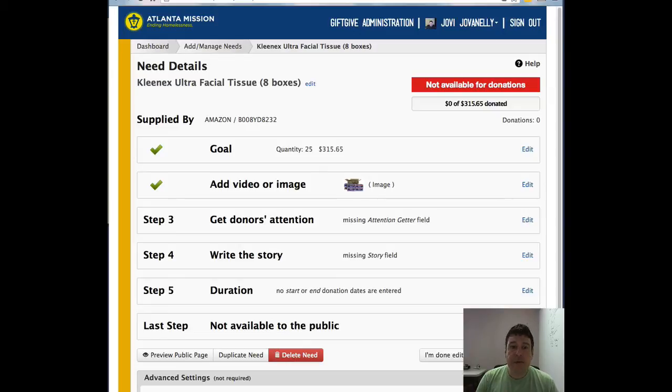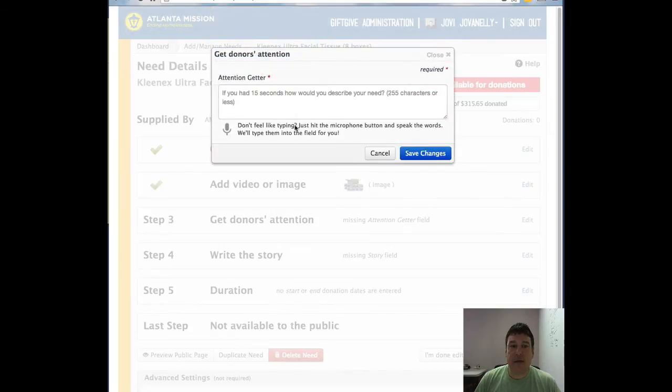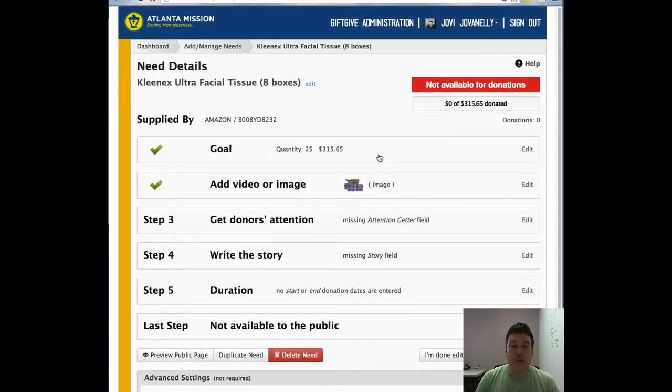So sprinkle those keywords in both your name, which is this is our needs screen right here where you edit your needs settings. Sprinkle some of those in the name if you can, but more importantly, get those in the attention getter. Sprinkle those in, add, help. We need these tissues to help the homeless and fill our shelter. That's a great way to add some of those in there, so that when the tools that we've put in